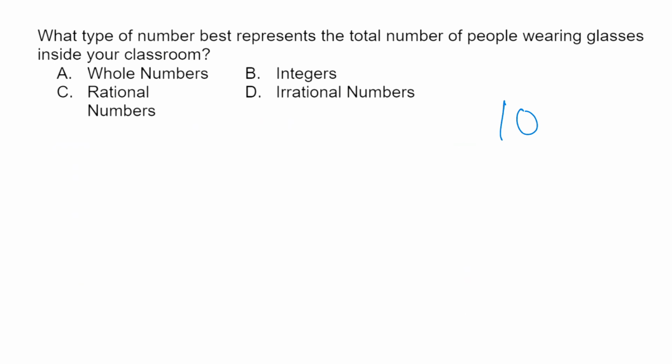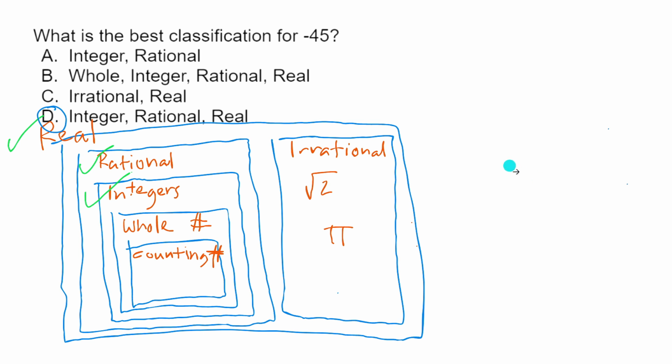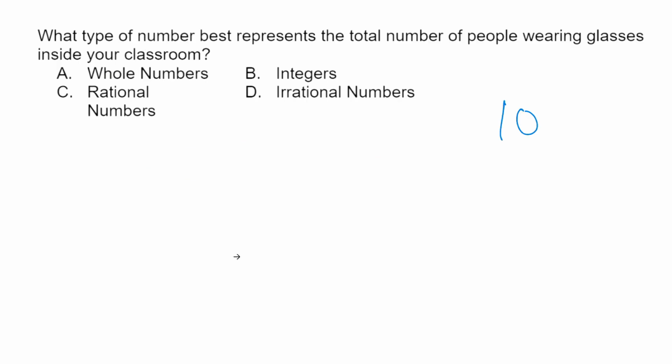Again, our number is 10, okay? So definitely 10 is a what? A real number, right? And then is 10 a rational number? Yes, right? An integer? Yes, also. A whole number? Yes. A counting number? Yes. However, in our choices here, the narrowest or the possible answer we can have is only